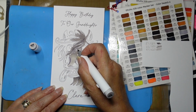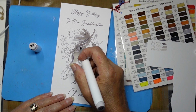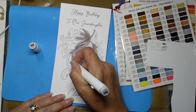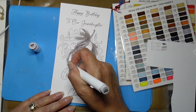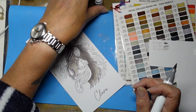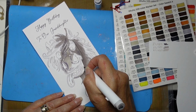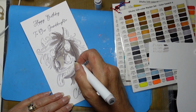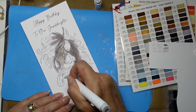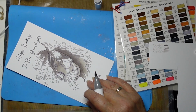As I'm watching myself colour this in, I've just realised I hadn't mentioned that I did the sentiments at the same time as I did the horse. I did the sentiment on my Scan and Cut as well, just to get a different font that I wanted, and I can put exactly what I want on it, which is really, really good. And I use, unfortunately you can't get hold of them now, just going in my drawer of doom to find